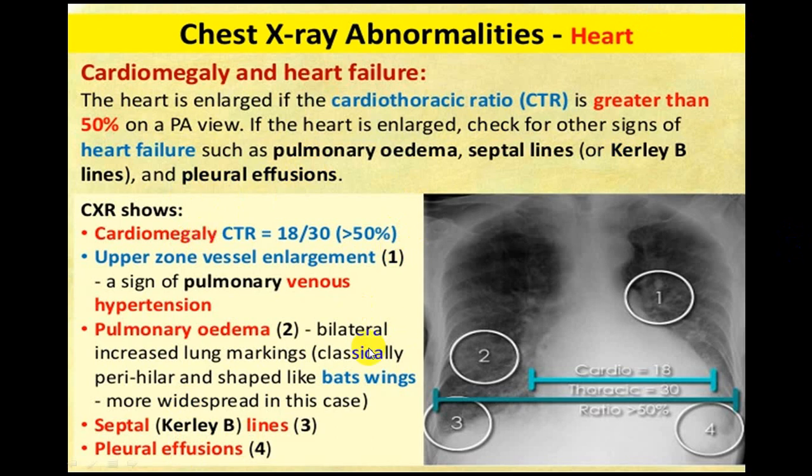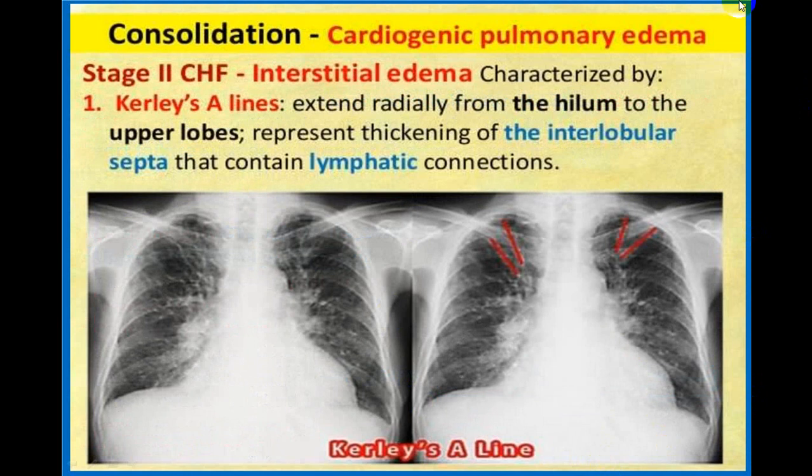Cardiomegaly, signs of pulmonary congestion or what we call pulmonary edema, that is prominent bronchovascular markings, which you can identify by means of a butterfly appearance, a bat wing appearance, curly B lines and curly A lines, and bilateral pleural effusion. Look at all those four signs. It will help you to differentiate, in the presence of cardiomegaly, whether there is a congestive heart failure or not. If those are not present, then you can look at other findings.